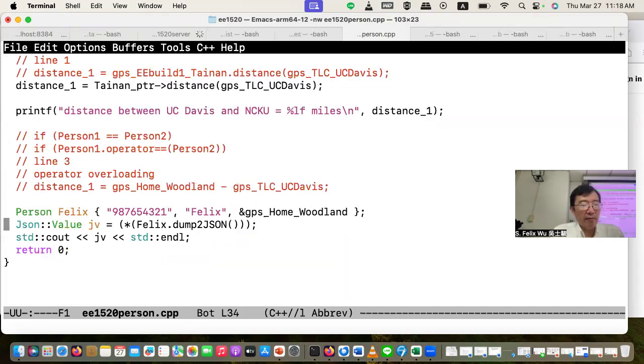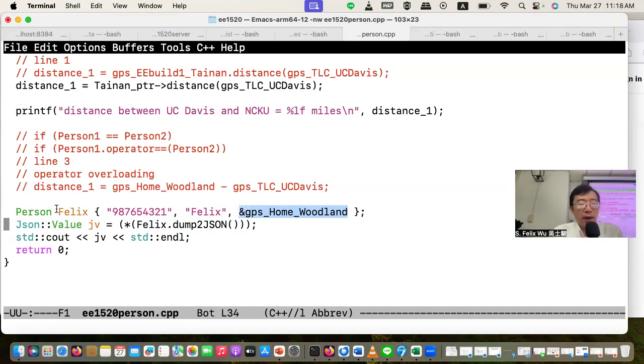The person takes an ID, three arguments into the constructor, and has Felix as a name, and then the GPS location is GPS home Woodland. It's a pointer style.